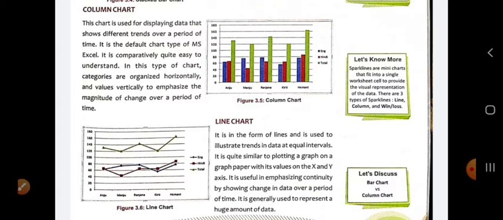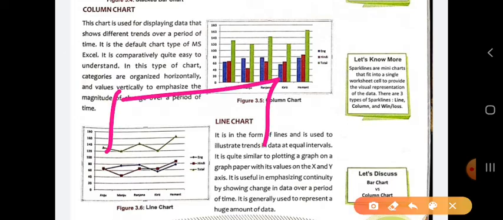What is a line chart? As I told you in the previous class, a line chart is basically used to compare the peak point of anyone. Suppose I talk about a cricket tournament, and one match is going on. One team scored 240 runs in 50 overs, and the other scored the same amount of runs in 27 overs. So their chart will be like that.